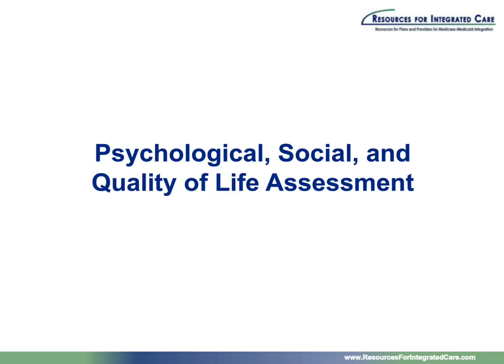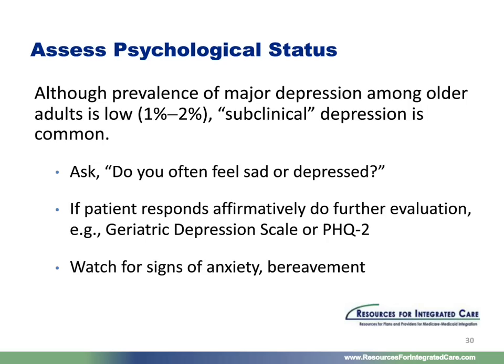So first with psychological status. The prevalence of major depression among older persons is often low, 1 or 2%, although that value is higher in practice, being as high as 10%. But subclinical depression is much higher, and our older patients may not meet the DSM-4 criteria, but have depressive symptoms that perhaps warrant recognition and treatment. We talked earlier about the single best screening item. If that's a yes,